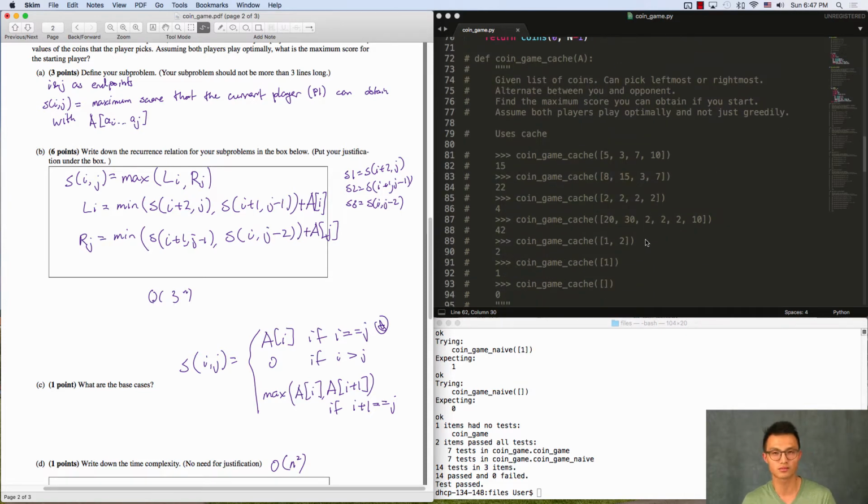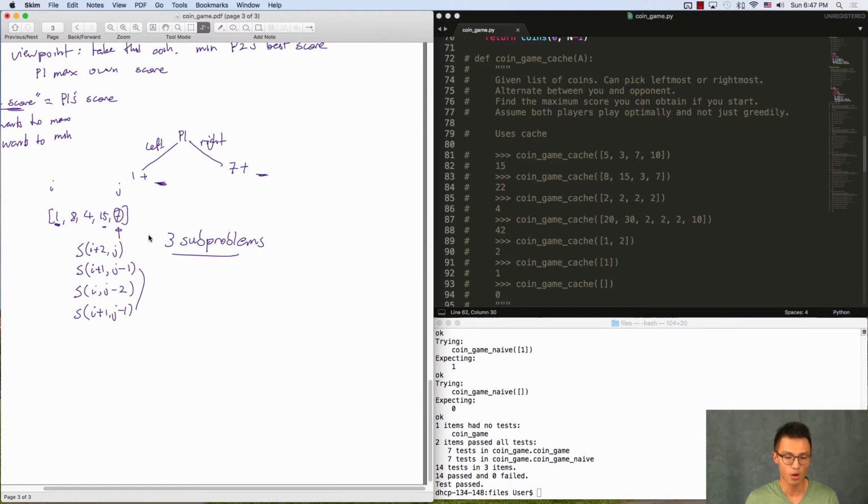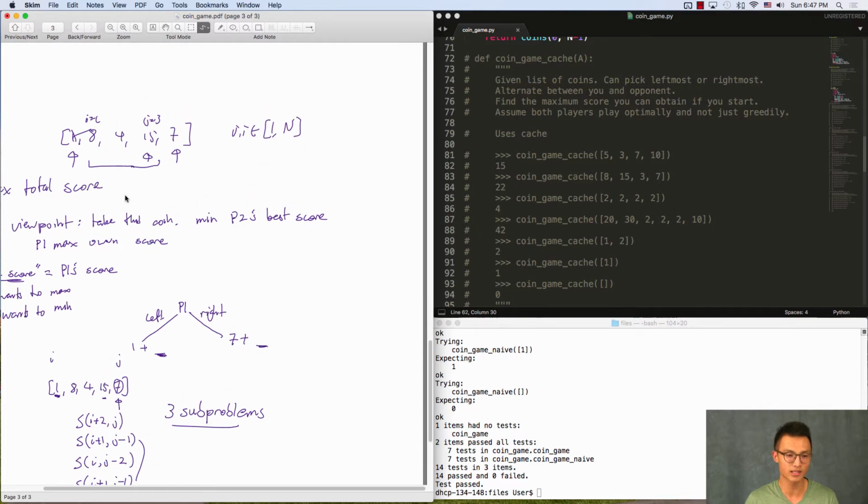Okay, but that's not good, right? Because what do you notice? Well, think about this. Let's come back to this array over here, right? Let's say I pick left, opponent picks right, and then we move on and we only give in 8 and 4. How many subproblems actually require the answer to this problem, 8 and 4? A lot, right? Because I can pick left, opponent picks right, and then I pick left and opponent,